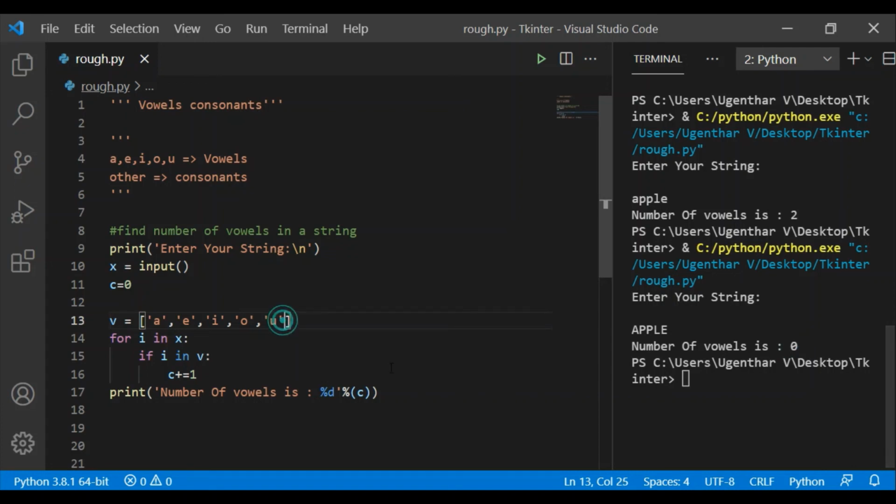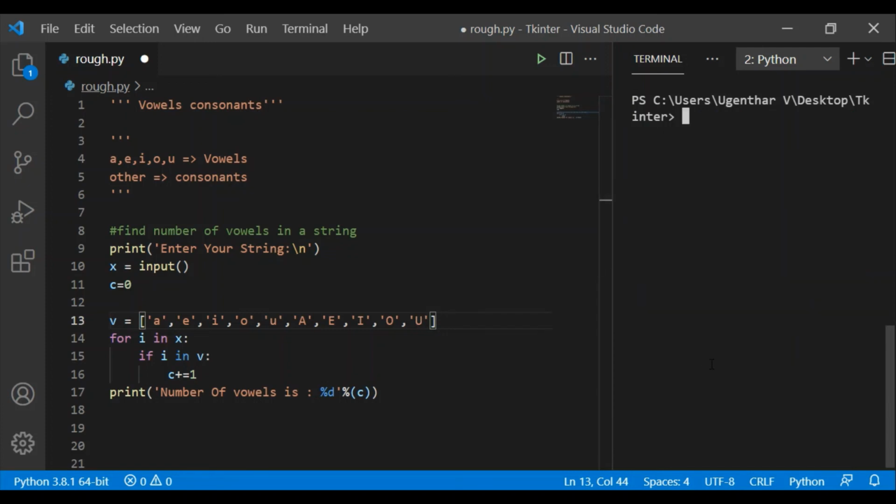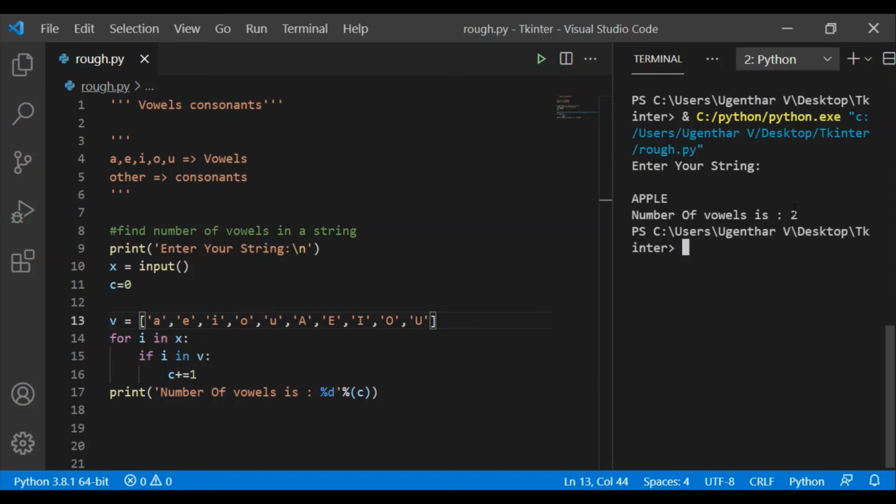One is by adding capital vowels to the array like this. Now let me clear this and run the code again. Now I'm giving all capitals. Now it works fine.